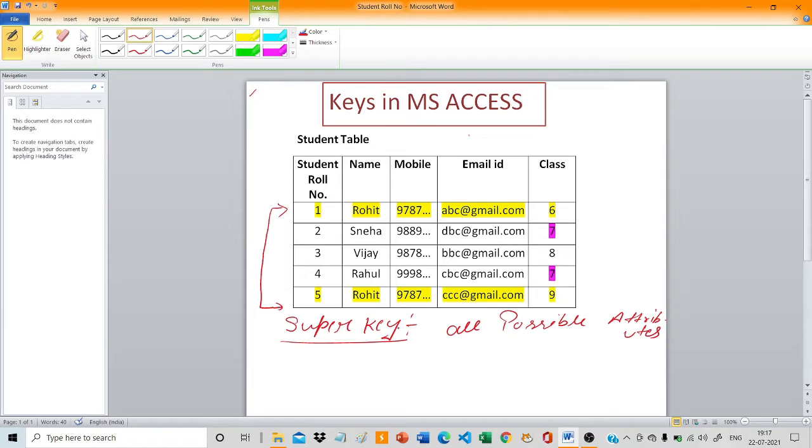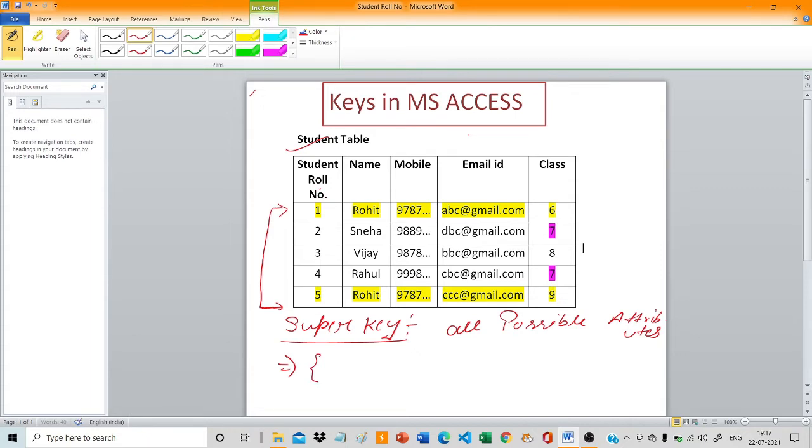Okay. In the previous session, we had already discussed each and everything. What is attribute? What is total number of columns? Total number of rows? What is cardinality? What is degree? Clear? So super key is a combination of all possible attributes that can uniquely identify the rows, means these records, rows or records, or you can say the tuple in the given relation. Relation is what? That is table. Clear? Super key is also known as a superset of all the candidate keys. How?